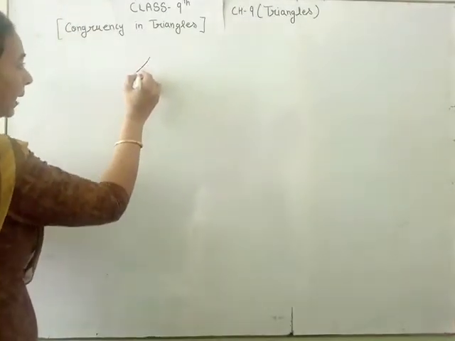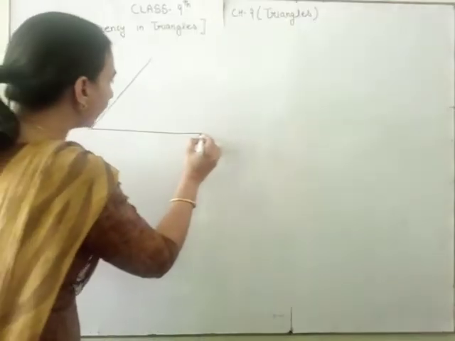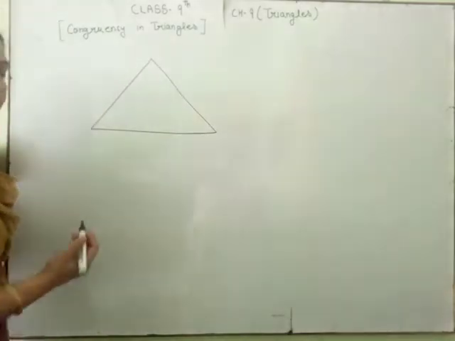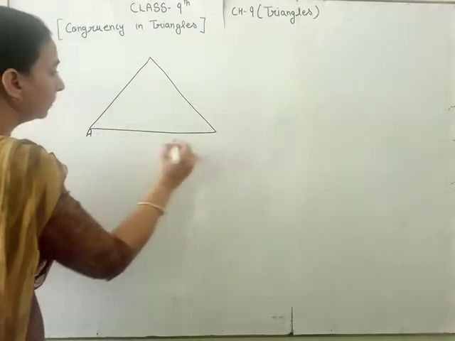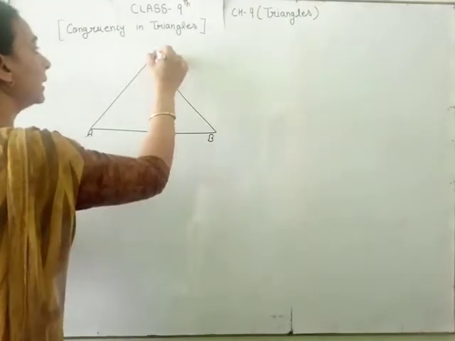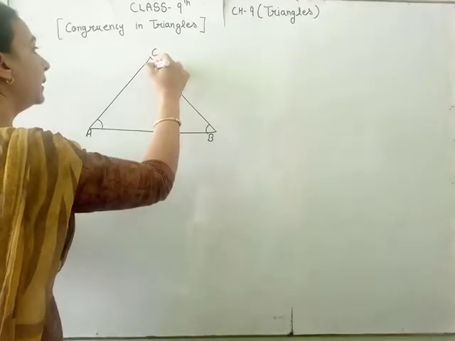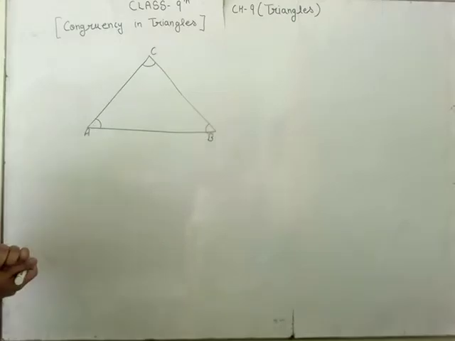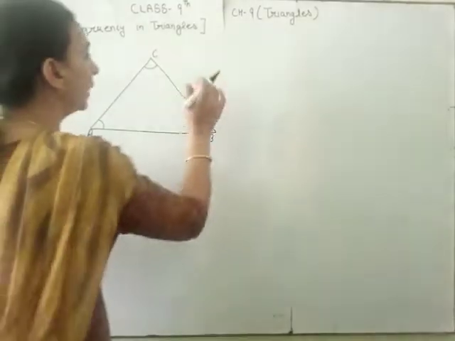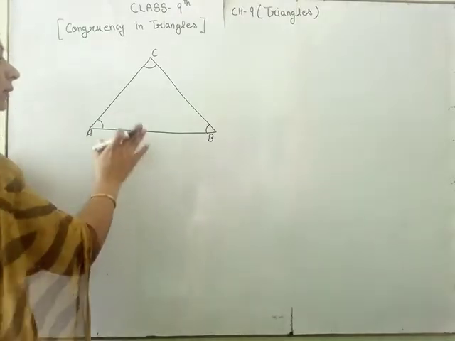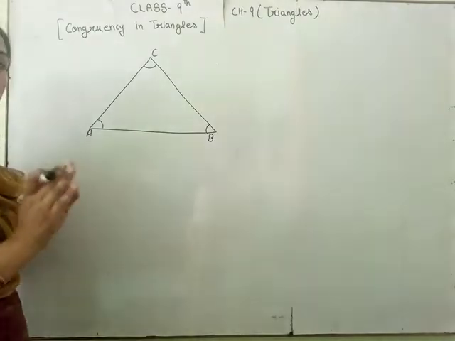Students, if we have a triangle, and everyone knows about a triangle, there are three sides and three angles. Let the sides be A, B and C. This is angle A, this is angle B and this is angle C. Okay, students, if all the sides of the triangle are not equal,